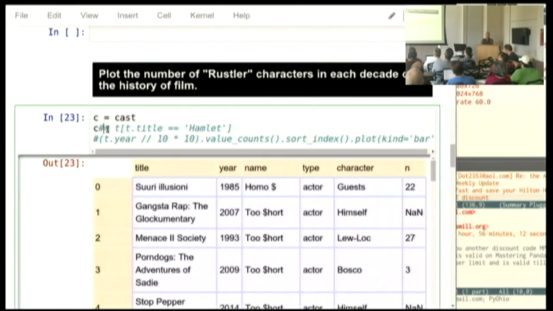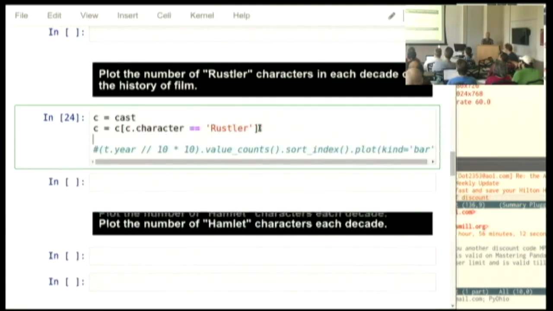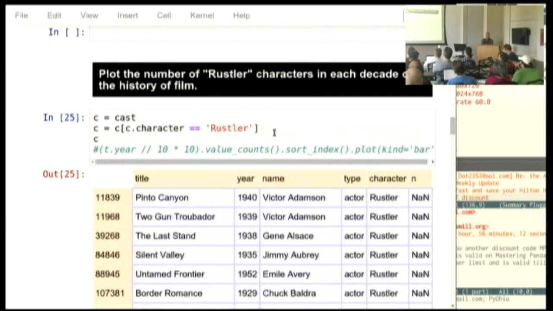So, okay, if we want the rustler character, what column am I going to look at? Okay, so character, C dot character equals, and I'm not going to try to graph it until I've looked and seen, oh, yep, there are all the rustlers.